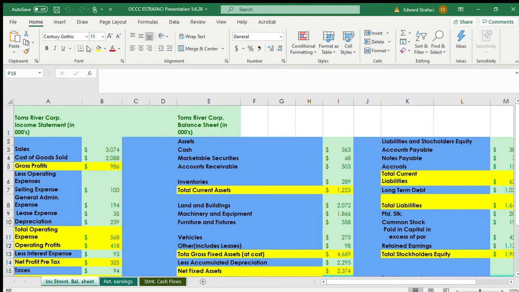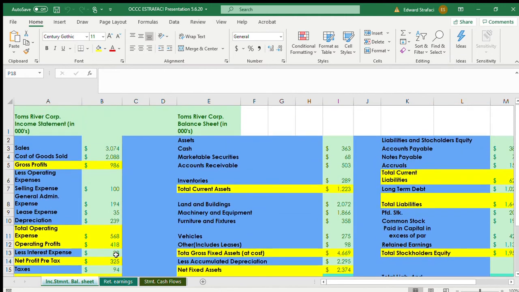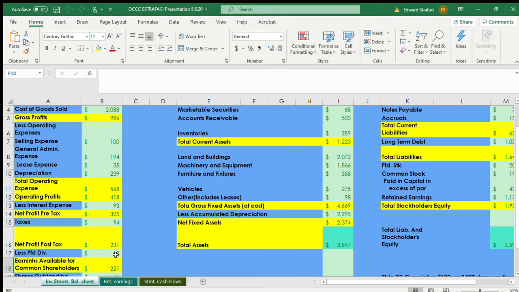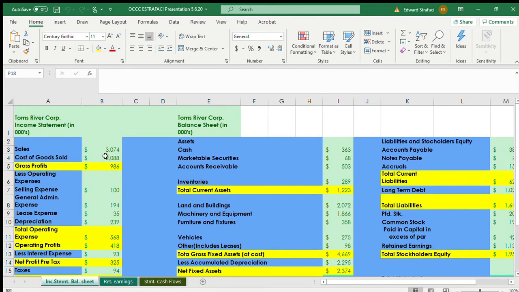So I've created this fictional company, Tom's River Corp, and there'll be 3 or 4 parts to this series because I want to start with the income statement. Then we'll do the balance sheet, retained earnings, statement of cash flows, and an overview. But let's focus, and this is an interactive spreadsheet, and that's why I created it, because by using it, you get an idea of how